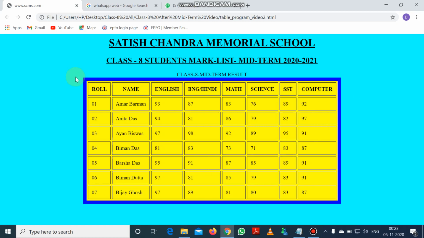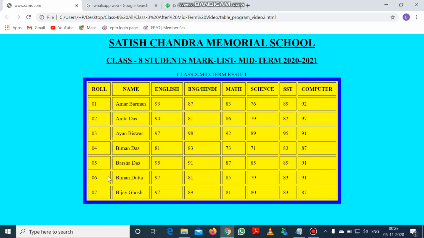because of the align attribute we have used within the table tag. Now you can see the first row that we created reflecting here, that is the heading. Here how many headings are we giving? Total 8 headings are given in the first row, and after that you can see 1 2 3 4 5 6 7 rows we have created, but these rows are containing data.